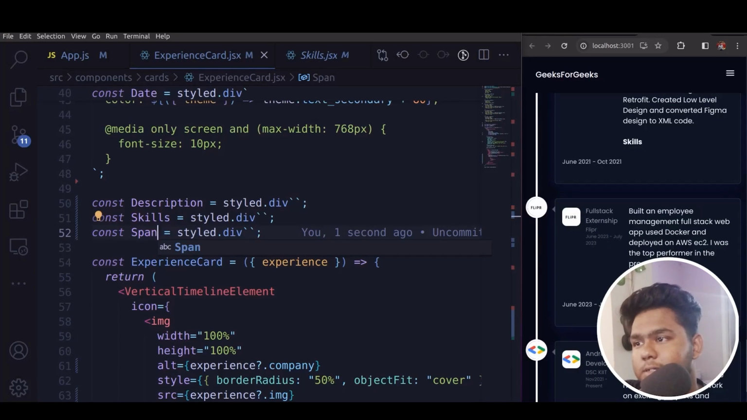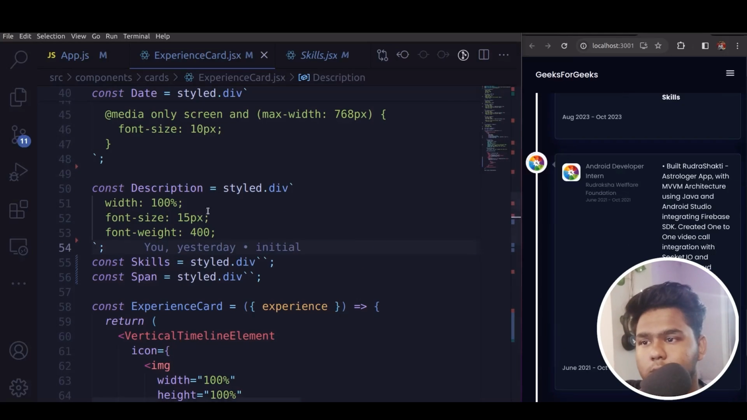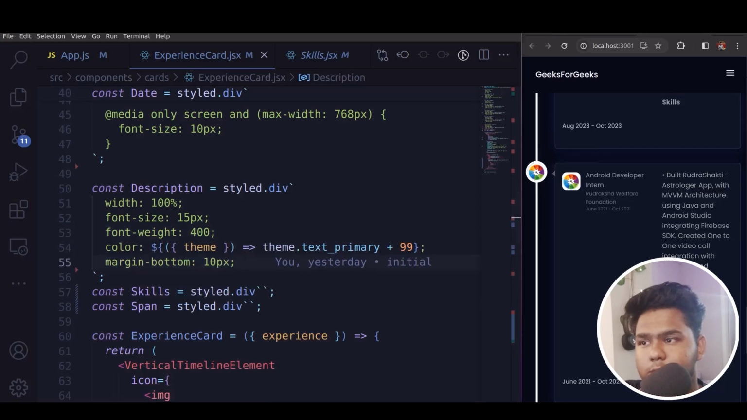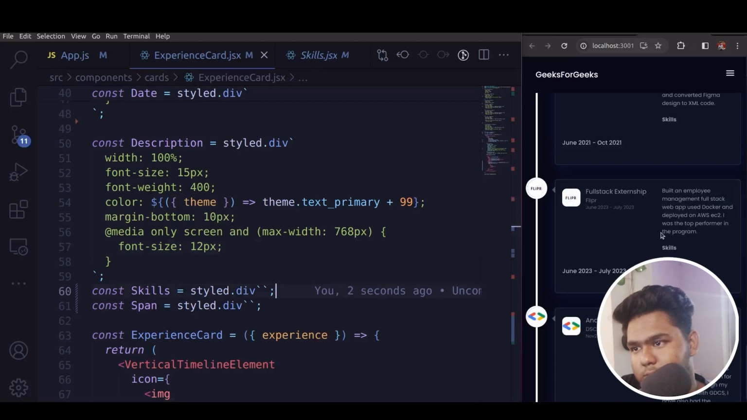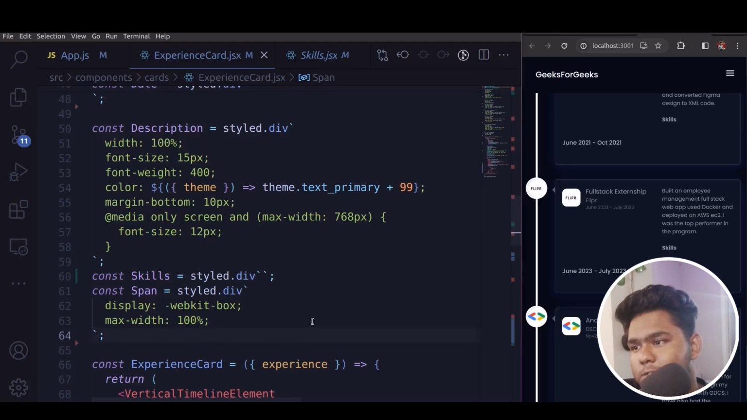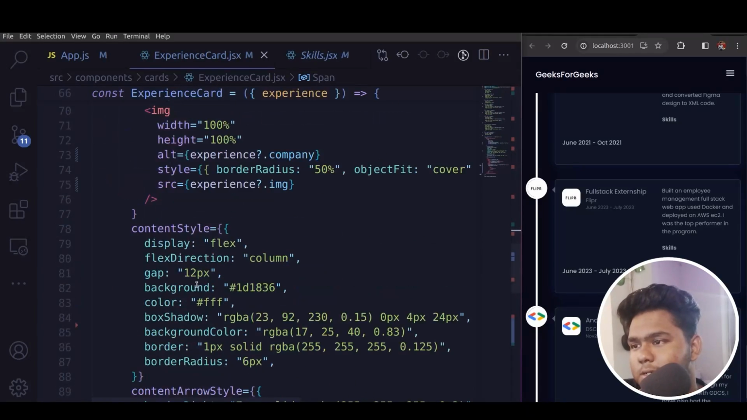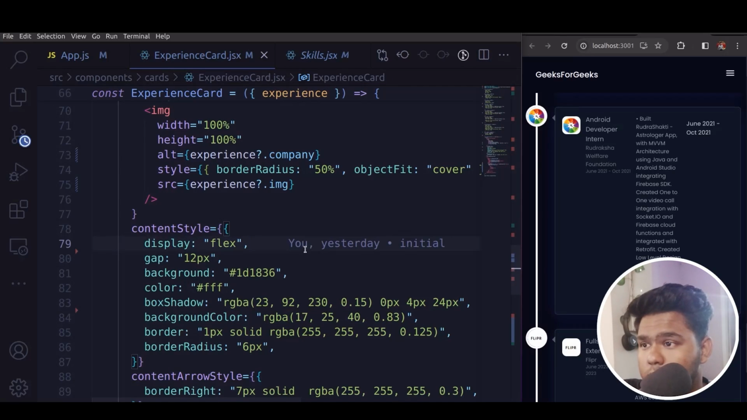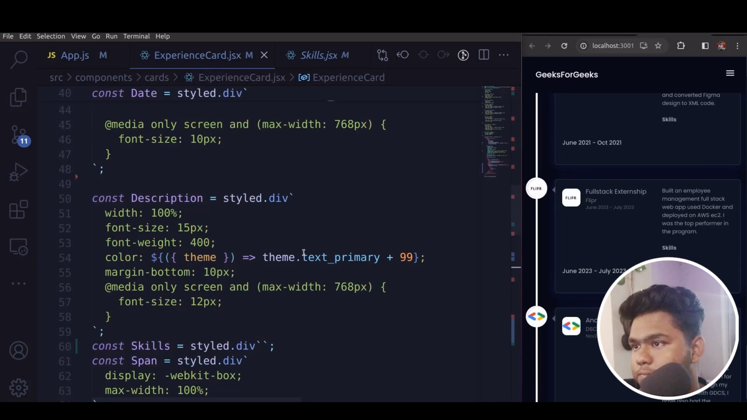So first just add the description with width 100%, font size 15 pixel, font weight 400, color text primary plus 99, margin bottom 10, and for smaller screens font size 12. Now the text appearance is perfect, but the alignment is not perfect. So I will add a span with display -webkit-box and that thing. And in the constant style, let us see, some issue is there. Okay, not an issue in there. So I think the issue is in